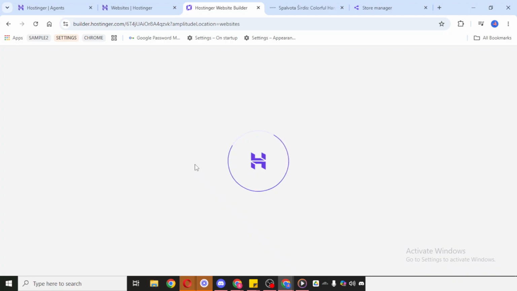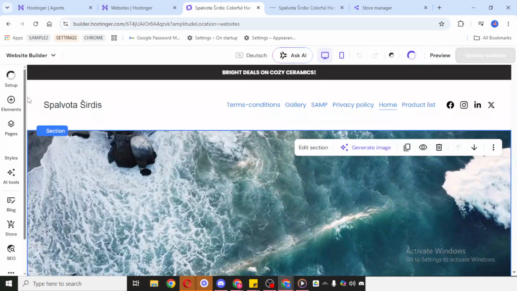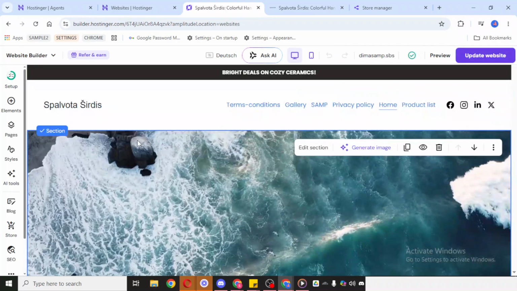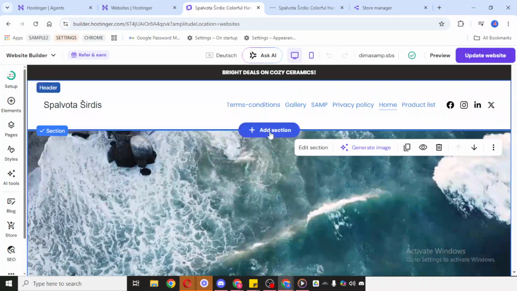You can add elements to improve the page and make it more engaging. For example, depending on your design, you may want to include text blocks, images, buttons, galleries, or other visual features that help communicate your message clearly. As you make changes, try to keep your layout clean and easy to read, so visitors can navigate your site without confusion. You can also add sections if you want to expand a page with more content.